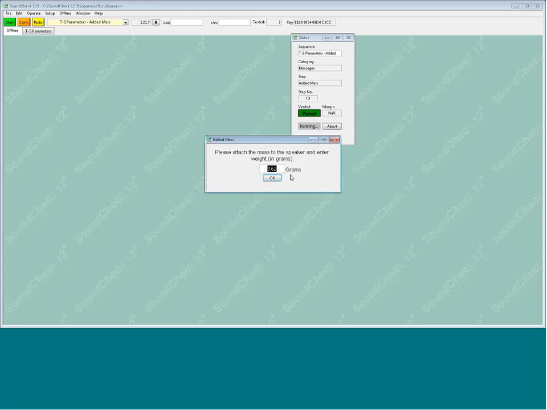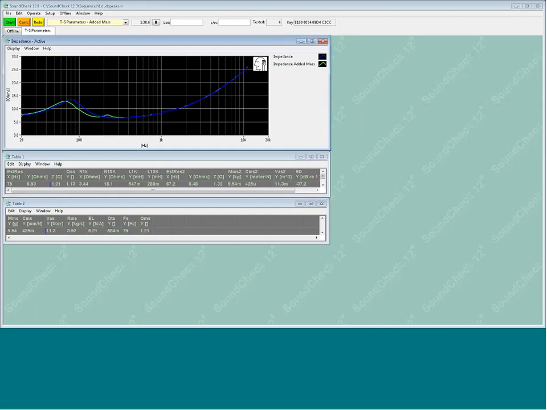Then it needs to know the weight of the mass in grams, and then it chugs through and calculates all the Thiele-Small parameters. And you can see the two impedance curves here. The blue curve is without the added mass, so that would typically be the first measurement. You can see the estimated resonance after doing the curve fit is 79 hertz. And the Zmax is 6.93